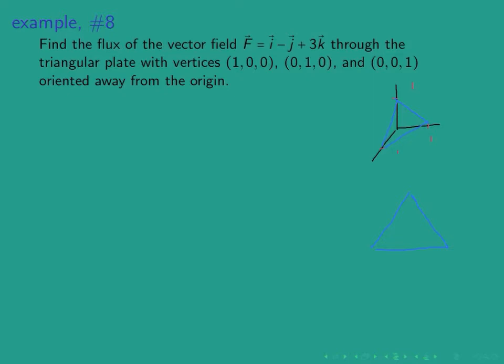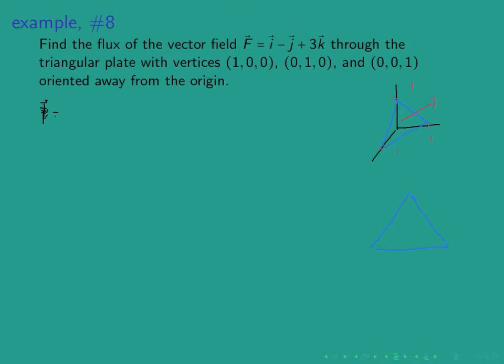So first I've drawn the triangular plate in 3-space, and let's indicate the orientation. So the orientation goes away from the origin, so that should point away from the origin. And notice two things. So the surface is certainly flat, it's a triangle, and the vector field is constant. So ultimately, my flux should simply be equal to,